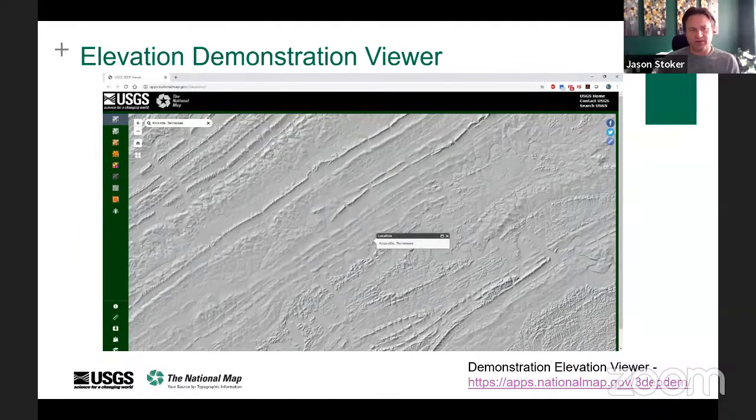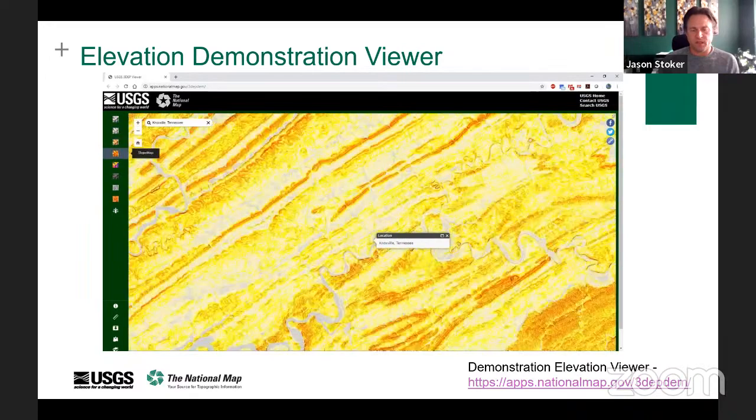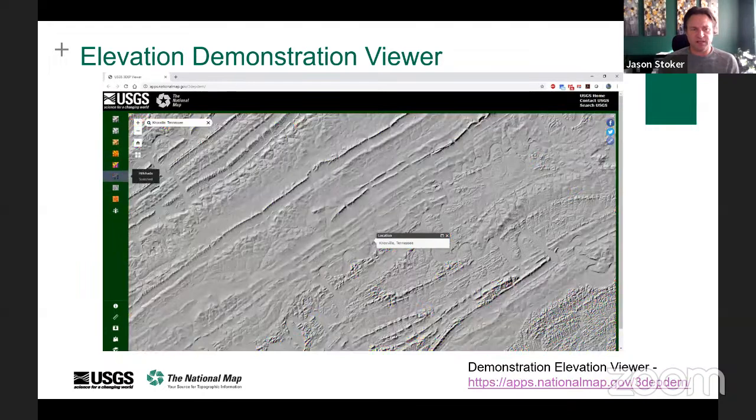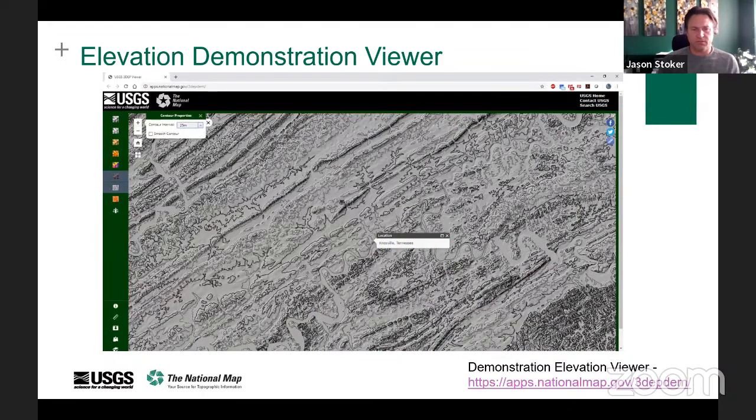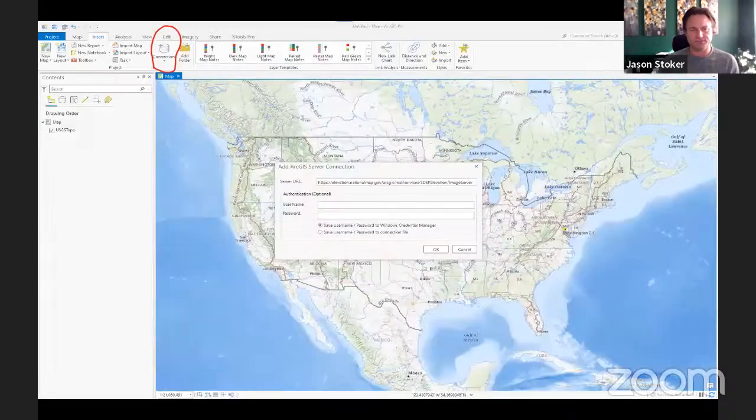For the whole US where we have data, you can on the fly zoom around, pan around, and generate these derivatives. For example, we've got some different flavors of hill shades. It calculates slope from the data, aspect from the data, another hill shade. You can make contours on the fly. You can even do some basic querying, like draw a path and get the elevation profile of the data across that path, all without downloading any of the data. So you don't have to mess with that to get some of that information.